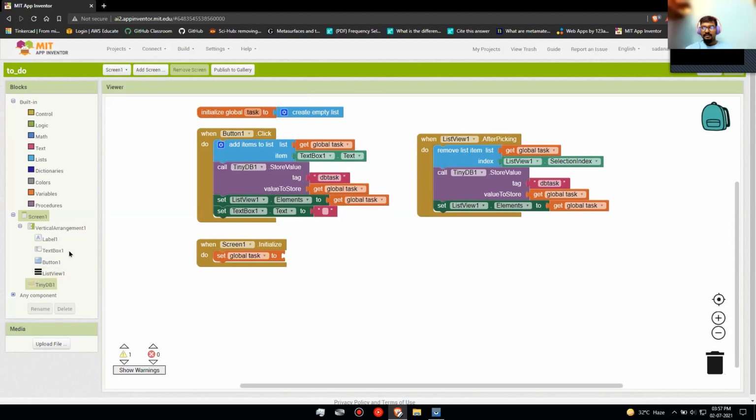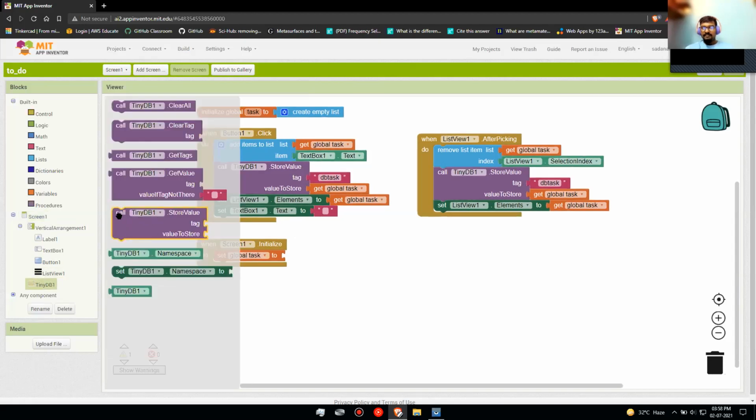So go under TinyDB. There will be TinyDB1 store value tag and value to store. Above that, there will be TinyDB1 get value tag and value if tag not there. So we have to now select the get value block.